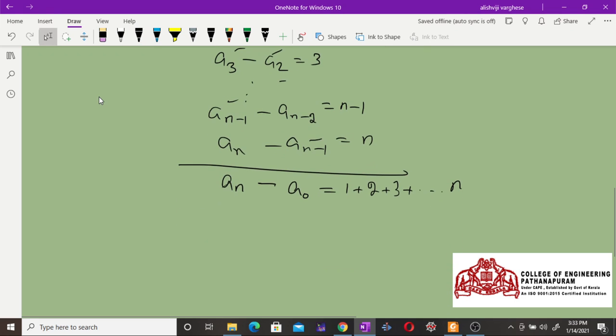So from here, the sum of the first n natural numbers is n into n minus 1 divided by 2, and this is a_n minus a_0. So a_n is equal to n into n minus 1 divided by 2,